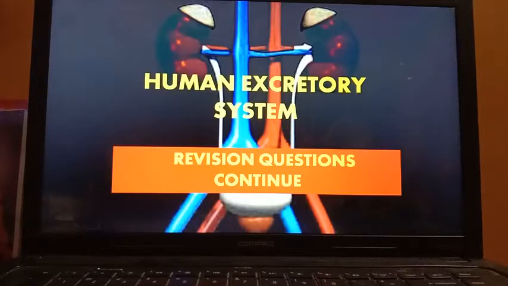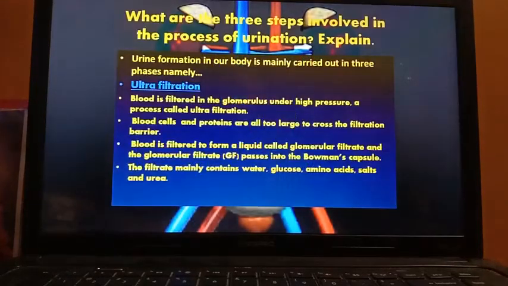In the last class, we had discussed a few revision questions. Today in our biology session, we are also going to discuss a few other revision questions along with a few differences. So the first question we are going to discuss is, what are the three main steps involved in the